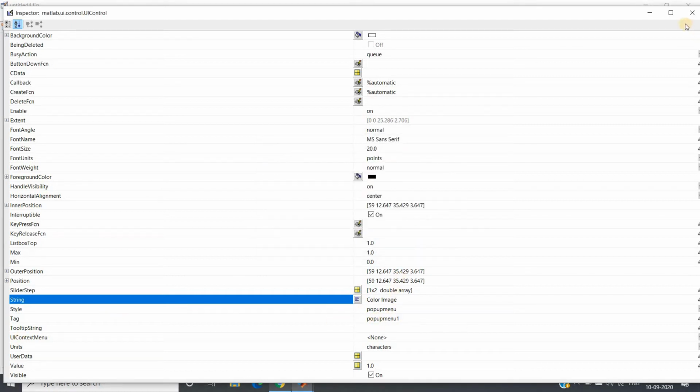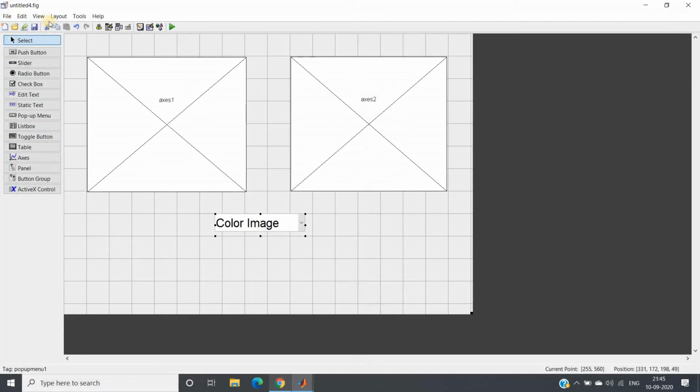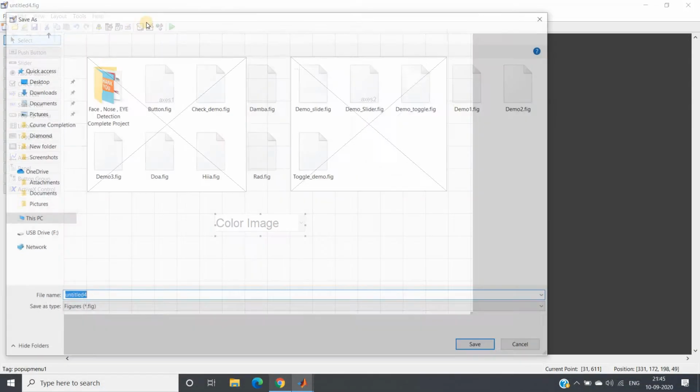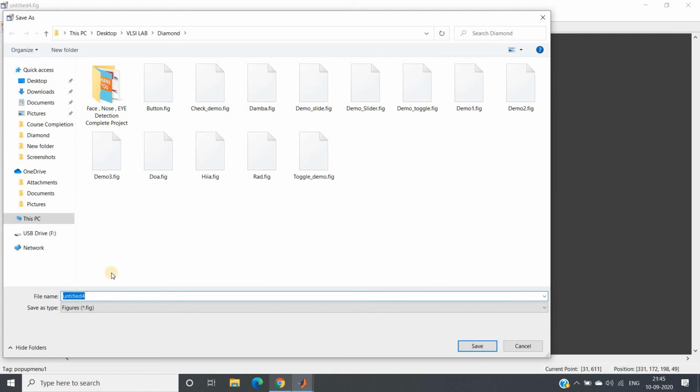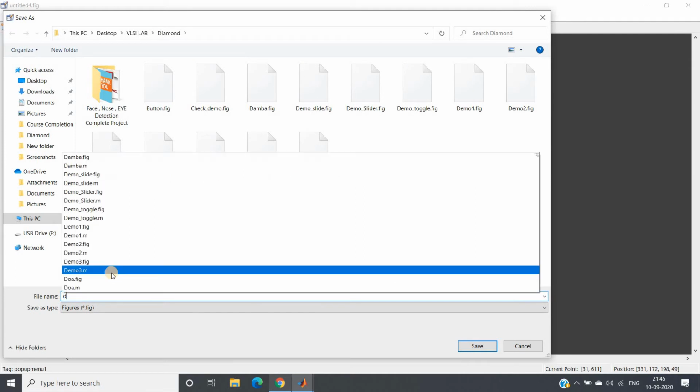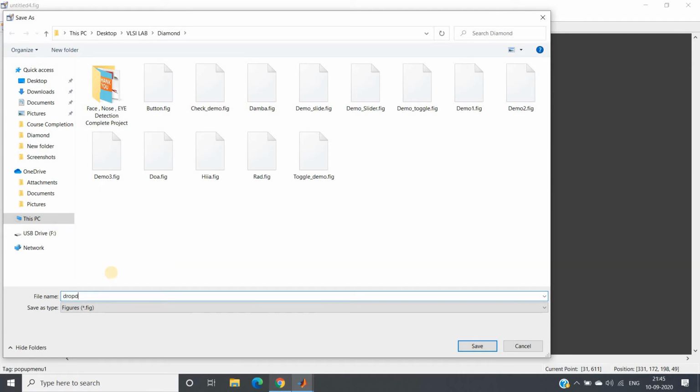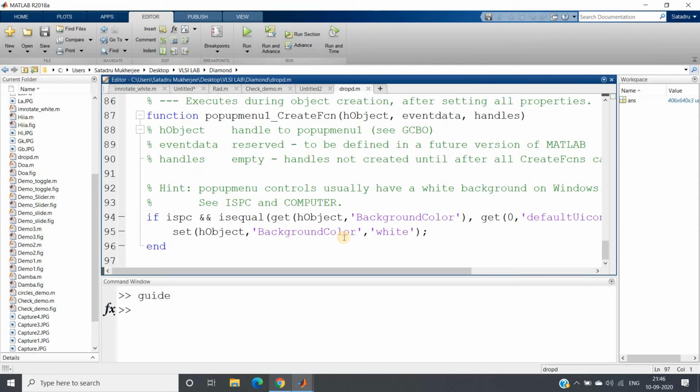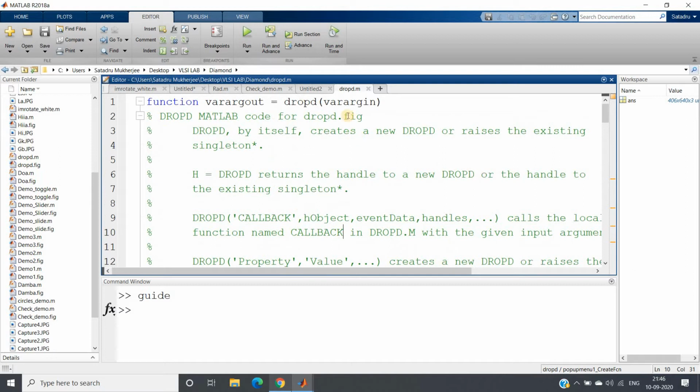If you want, you can change the tag. I am not changing. Close this and save this. As soon as you save this, okay, I can give the figure file name dropd and save, and then and there one new m file with dropd.m will be created.